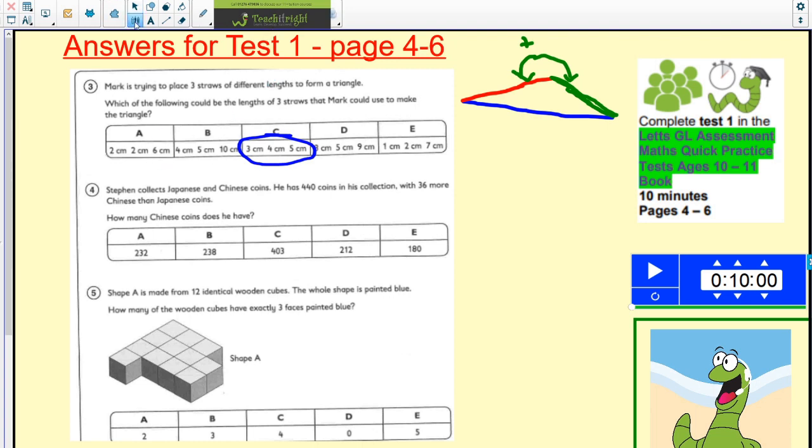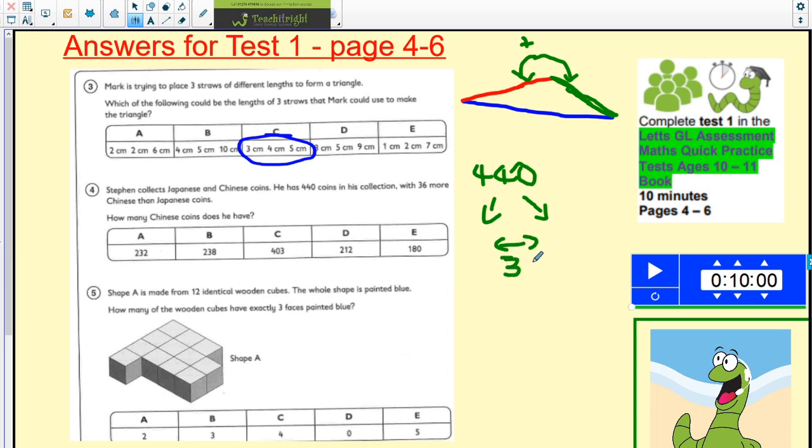Cool question. Number 4. Stephen collects Japanese and Chinese coins. He has 440 coins in his collection, with 36 more Japanese coins than Chinese coins. How many Chinese coins does he have? So what we've got to do is we've got to split this into 2 numbers, where the gap of the numbers